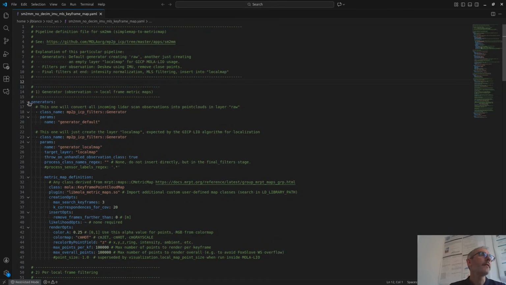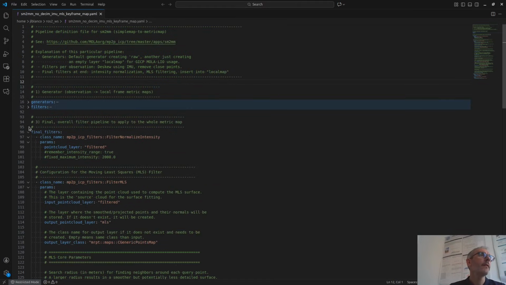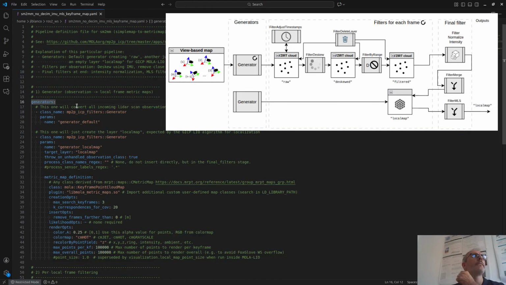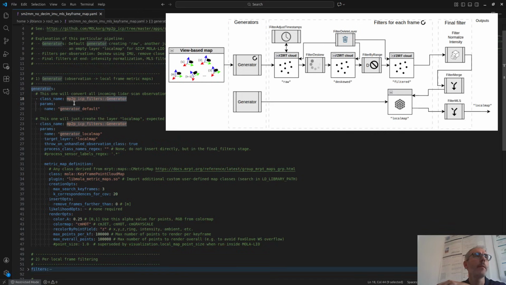We have 3 parts: generators, filters, and final filters. This is the structure of a generic SN2MM pipeline. The generator first takes each raw observation and processes them. You can check the documentation for these classes on the MP2P ICP project.